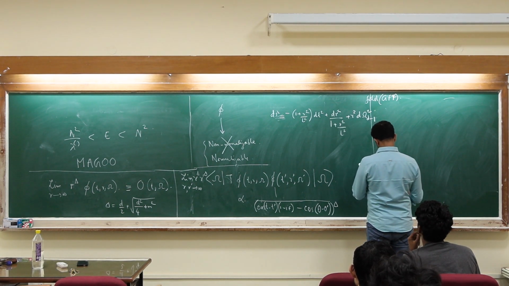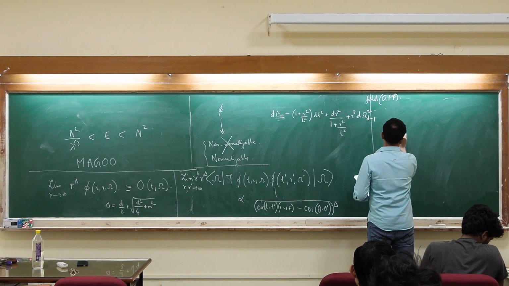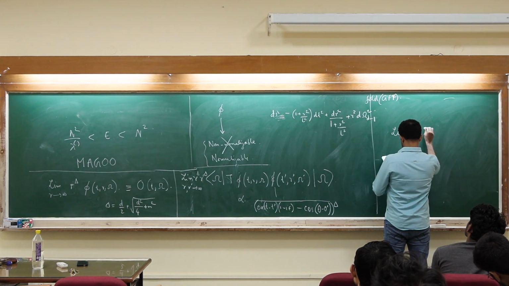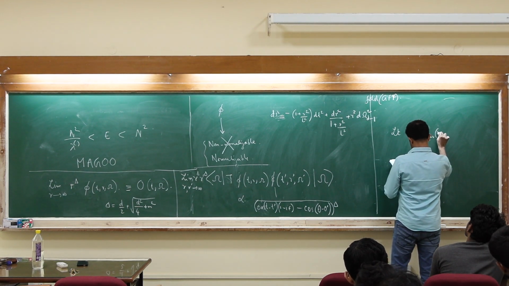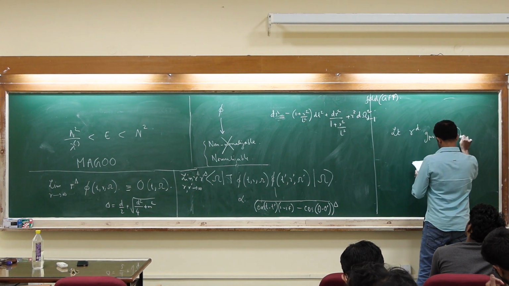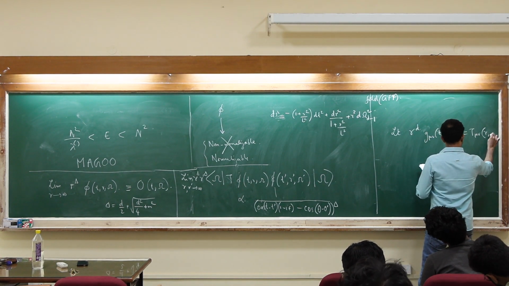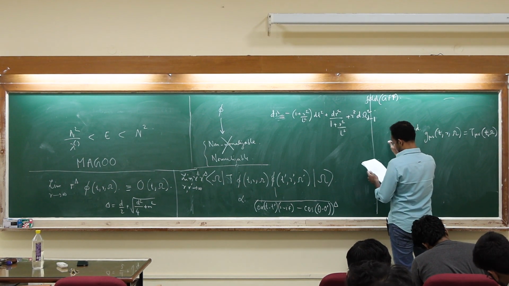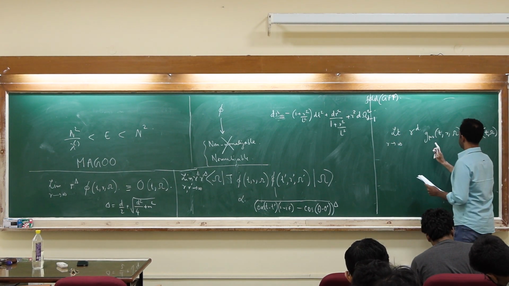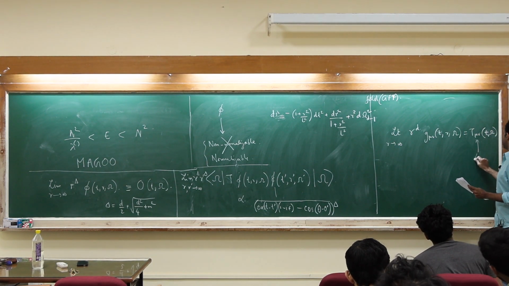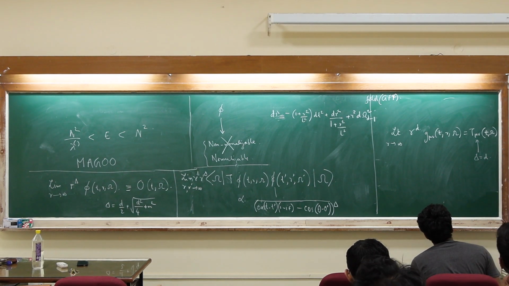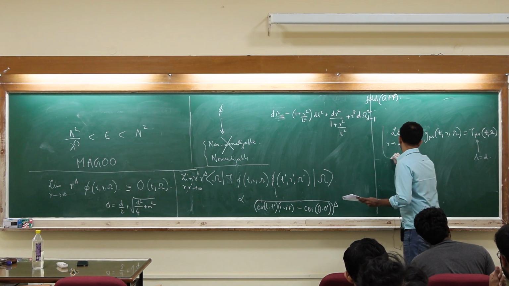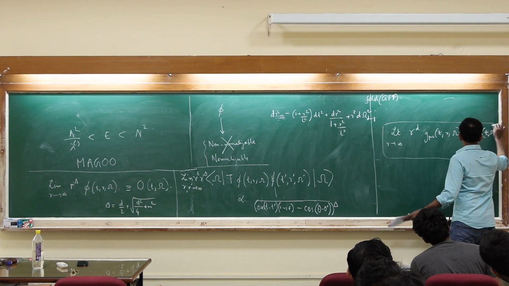Final thing. A similar statement, I'll emphasize one particular case, which is r to the d g mu nu, which is the metric, tr omega is T mu nu r omega, T omega on the cylinder. Okay, so this is r going to infinity. This is because the stress tensor has scaling dimension delta equal to d, where d is the dimension of the space. Okay, so this entry is there for all AdS/CFT correspondence examples.